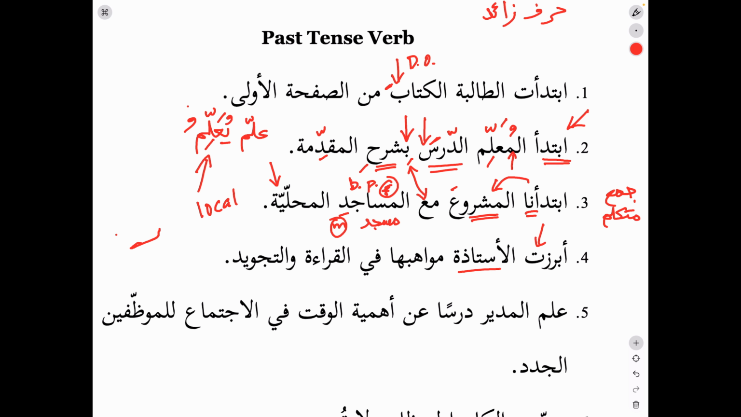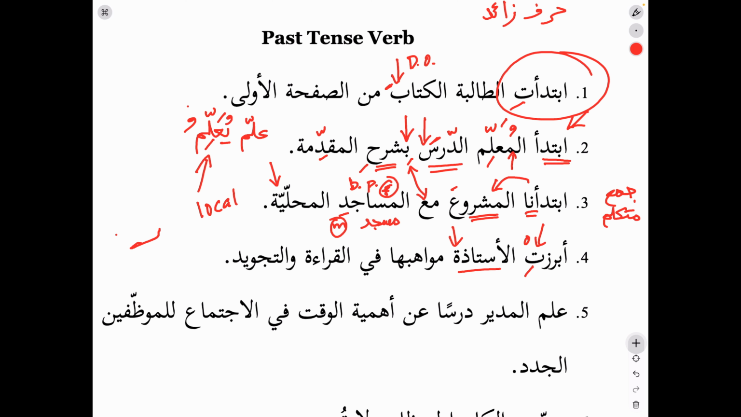What is the word that follows? It is a feminine noun. It is the feminine of ustadh. And our ta marbuta tells us that it is a feminine noun. So it is al-ustadha. Therefore, like our first sentence here, in which we had ibtada'it